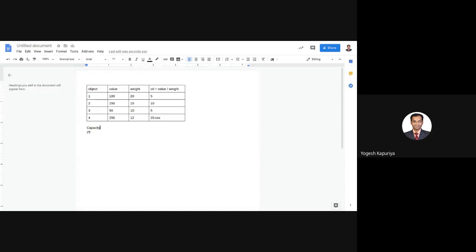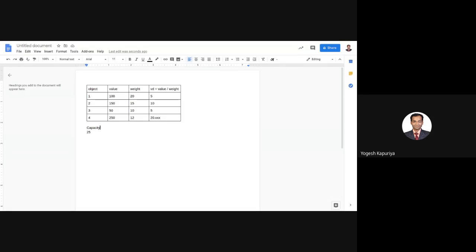So obviously from which object will you start? 4. Because it has the highest value density. Then what will be your next object? Yes, which one? 2. Because it has the second highest value density.